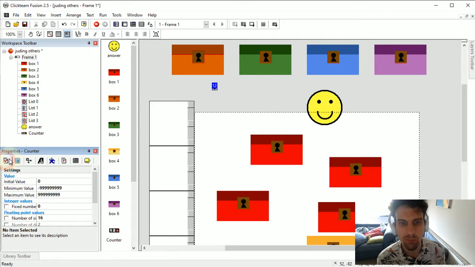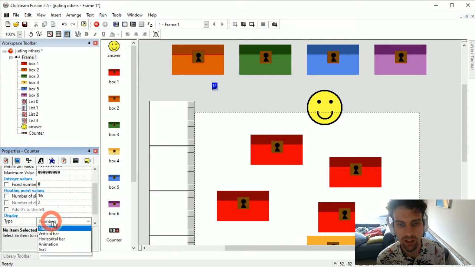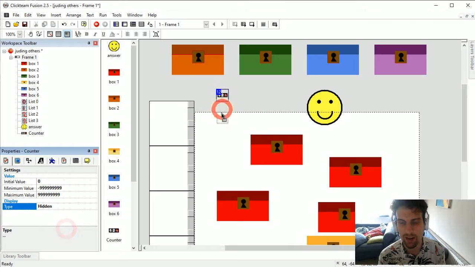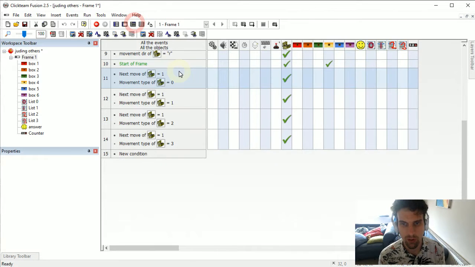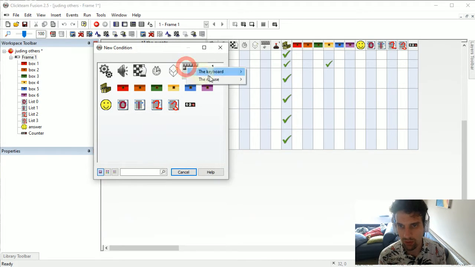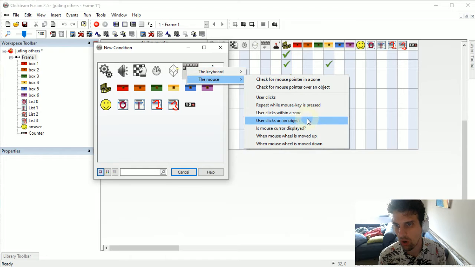I can choose in its properties that it's hidden, and then it doesn't matter where it is in the game, it is there. So initial value 0, that's fine, I'm happy with that. 0 is going to be the right answer because we have list 0, which is the answer that we're looking for in the program. So let's go here and say new condition, that if the mouse clicks on an object,